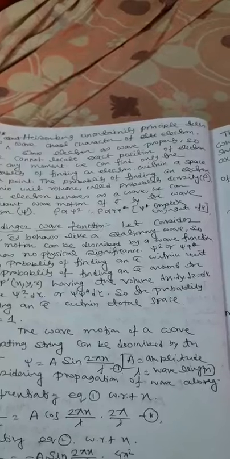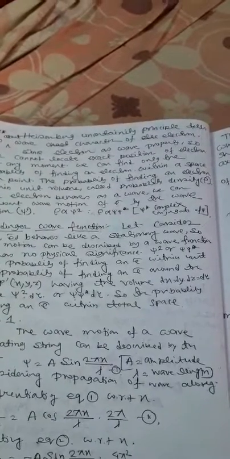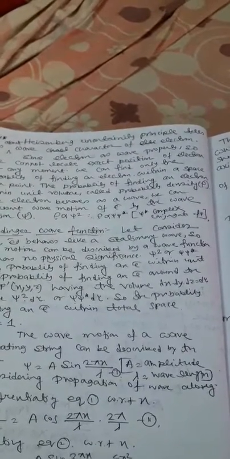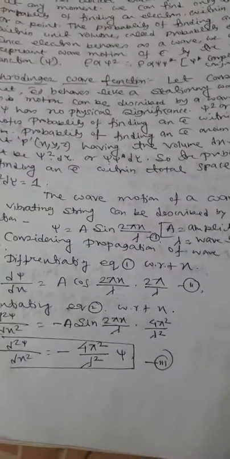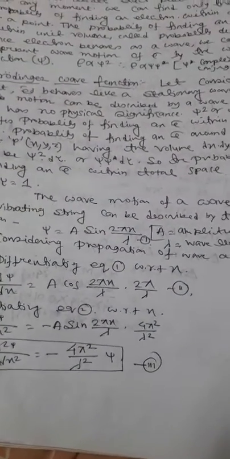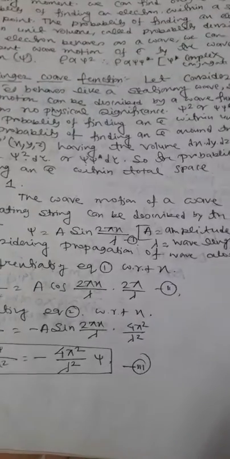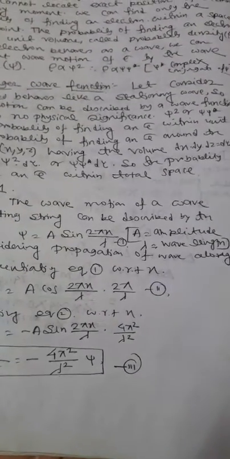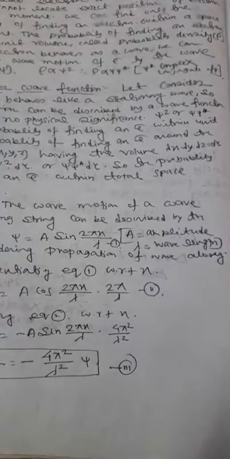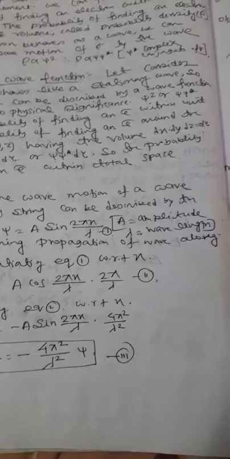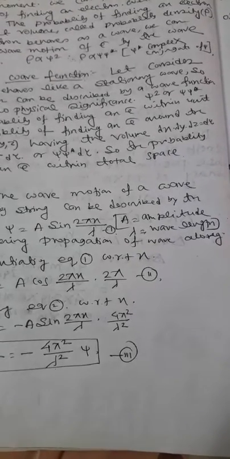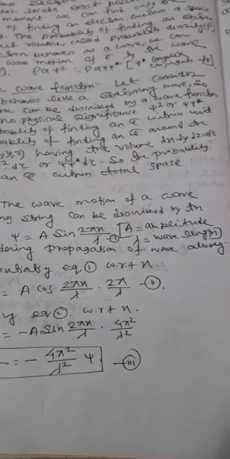D tau is the total volume. Now the probability of finding an electron within total space is equal to integration of psi square d tau equal to 1. Now probability maximum means 1. So according to the Schrodinger wave equation, we cannot locate the exact position of an electron, but we can determine the probability of finding an electron within a space or a point. Now according to this theory, integration of psi square d tau is equal to